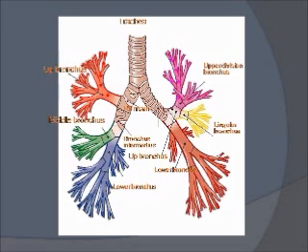Again, in this case there are 4 segments. The right lower lobe bronchus has 5 segments, but the left lower lobe bronchus has 4 segments because the anterior and medial basal segments are merged in the left lung. So we have posterior basal segment, lateral basal segment, and anterior medial basal segment on the left side.